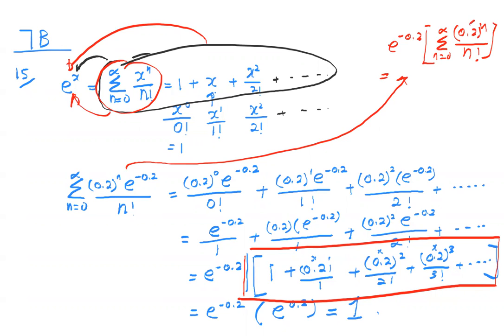So this is your x. So I can just say e to the power of negative 0.2 times e to the power of 0.2, equal to 1. Also can, because this is a constant. If it's a constant, you can just take it out, factorize it, because this means sum. See or not? Okay?